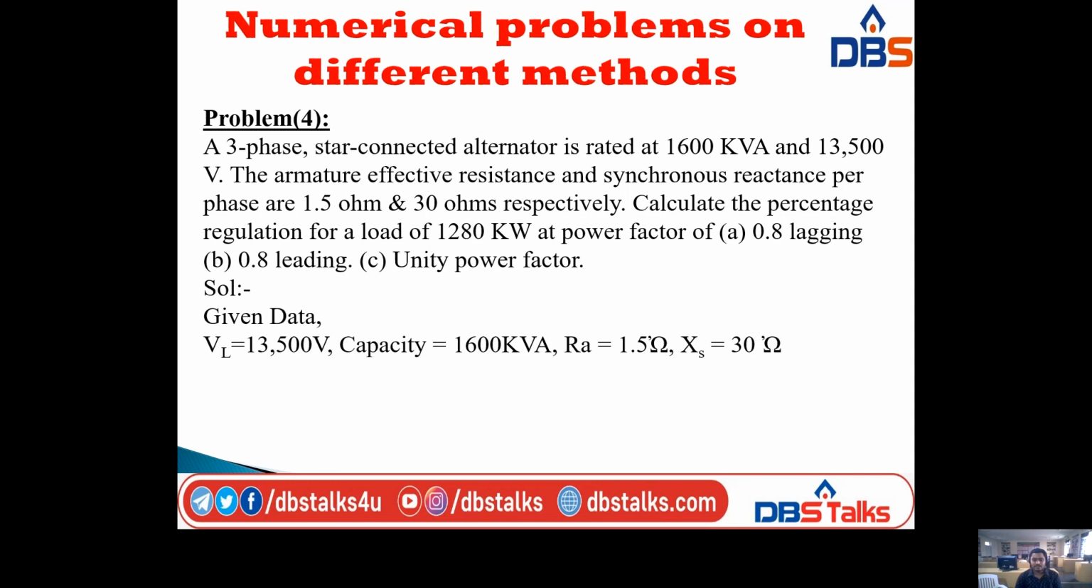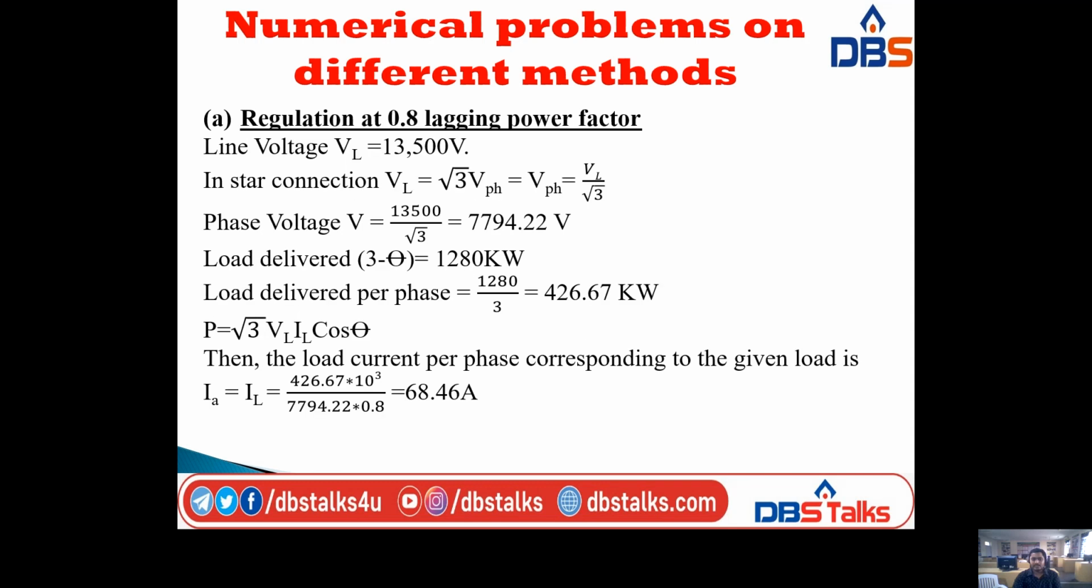This is the power they gave, 1280 kilowatts, and the power factors: cos phi equal to 0.8 lagging, cos phi equal to 0.8 leading, and cos phi equal to 1, that is the unity power factor. Based on these three power factor loads, we have to calculate the voltage regulation for a load of 1280 kilowatts. First, I am taking the first condition, that is regulation at